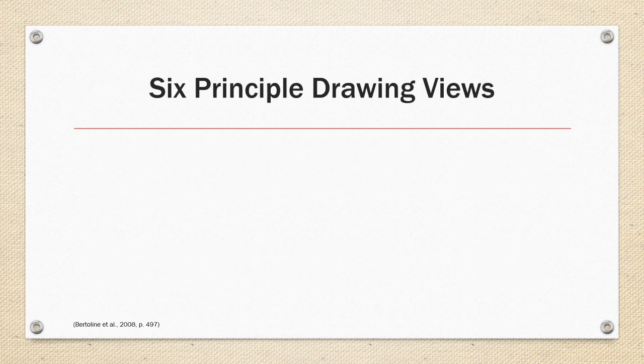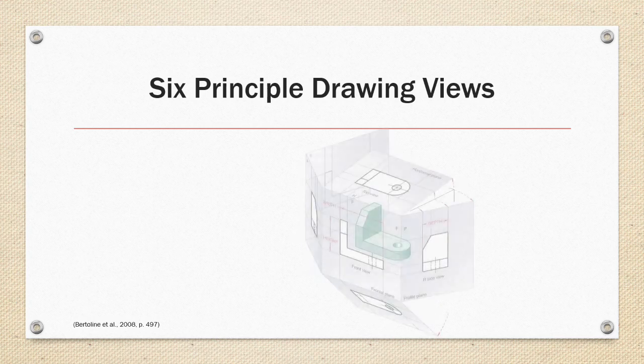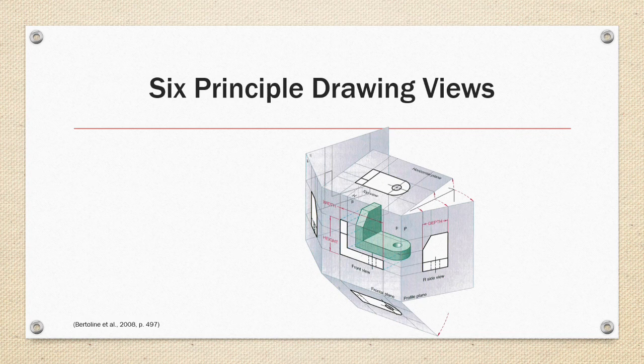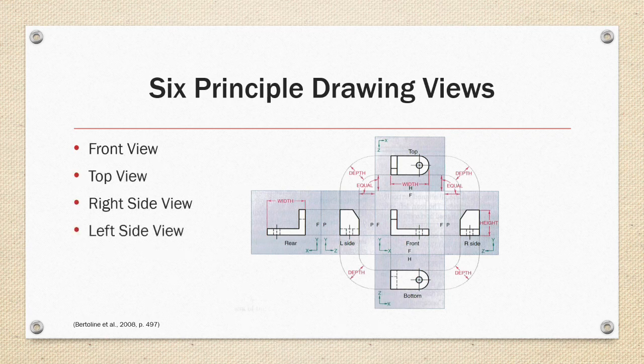There are six principal drawing views in orthographic projection that can be visualized as an object inside a six-sided glass box. With the third angle orthographic projection technique, the viewer moves around the box to see the object from each angle with the plane of projection between them and the object. The box is then unfolded to arrive at six possible views as shown: front view, top view, right side view, left side view, rear view, and the bottom view.